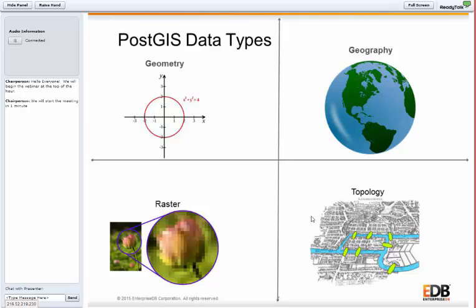Raster data. The three data types we previously mentioned, geometry, geography, topology, those are all vector features. The other data type to mention here is raster. Rasters are made up of a matrix of pixels or cells, with each pixel containing a value that represents the conditions for the area covered by the cell.